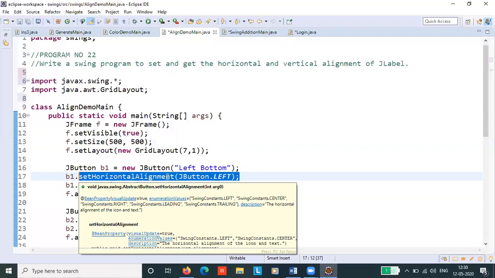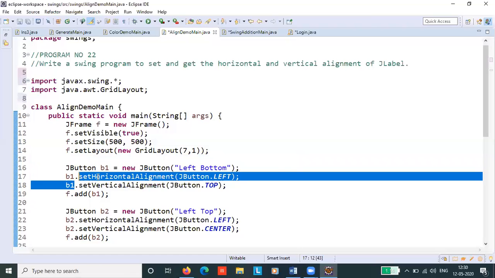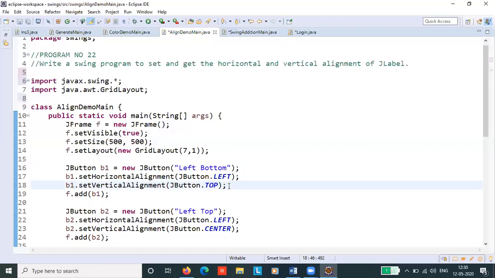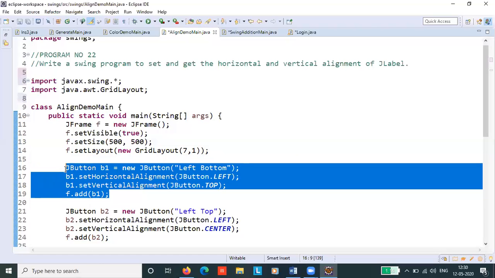So setHorizontalAlignment. There are so many constants. We'll see all the constants. So here we are setting the button to left, and the vertical alignment of the button is set to top. So once you see the output, you'll understand what is the intention of this setting of alignments.